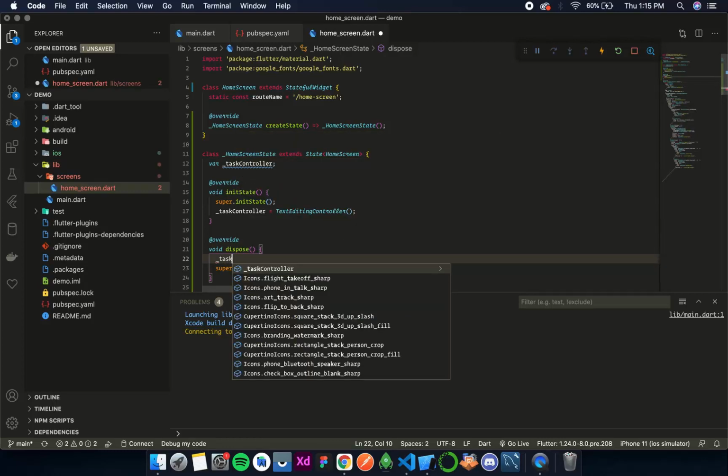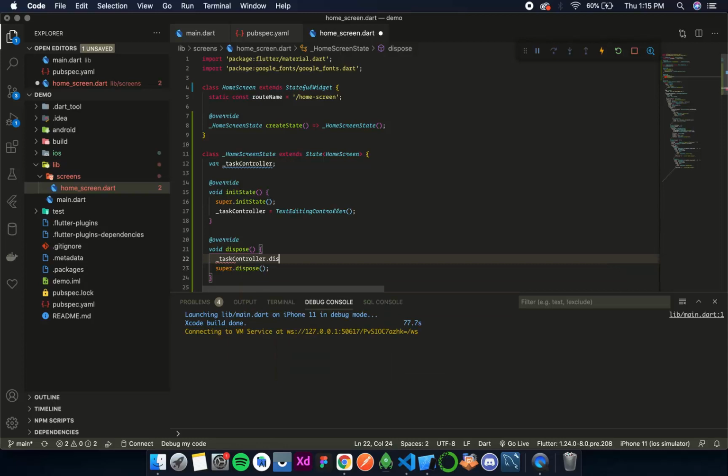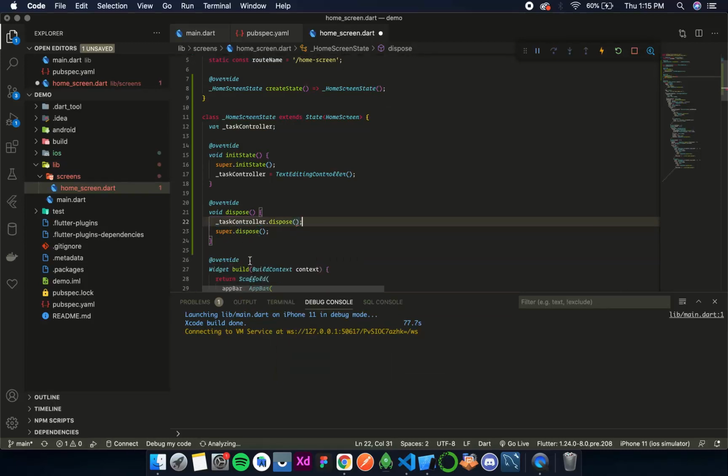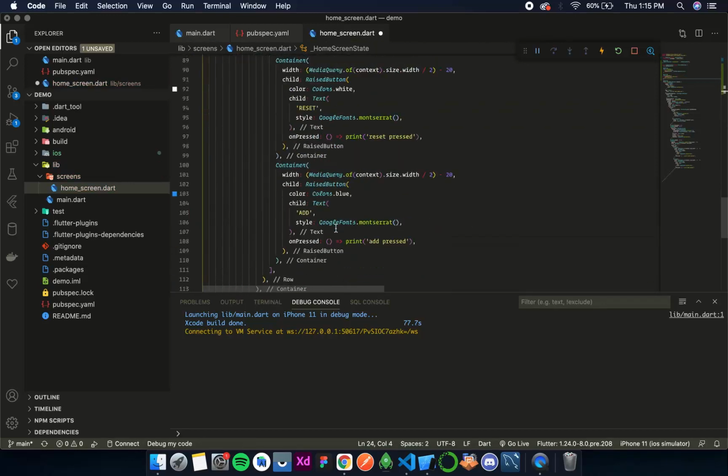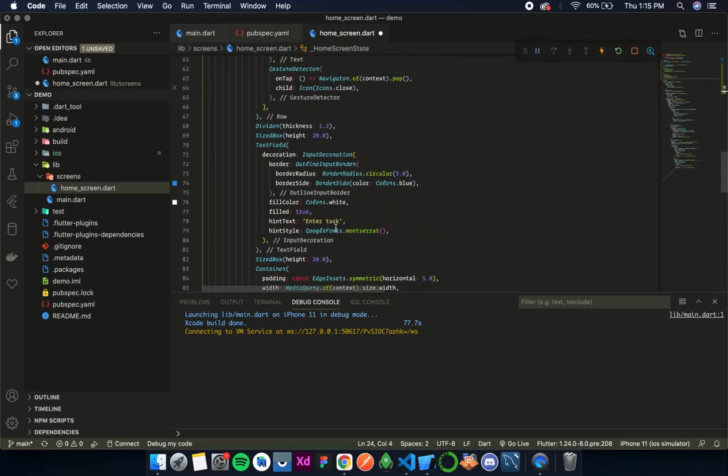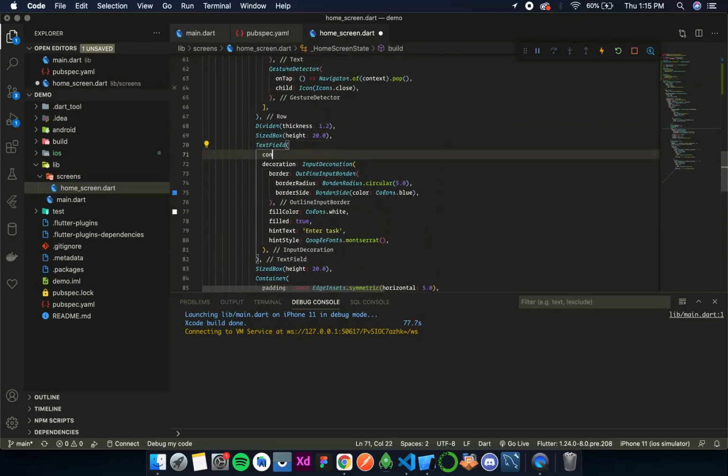So over here we'll simply write taskController.dispose. Now once this is done, let's attach this text editing controller to our text field. Okay, so for that we need to look for the text field. Over here we'll add the named parameter controller, and that is our taskController.